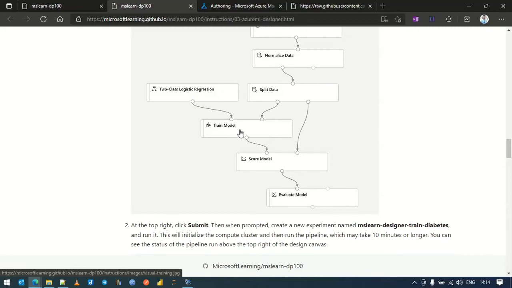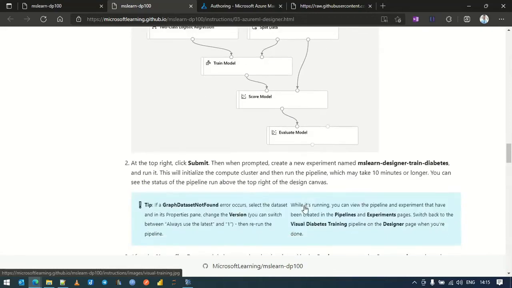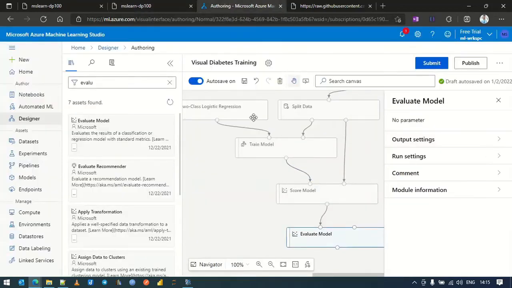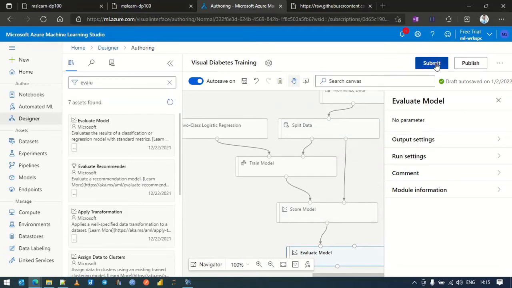Now, once the model is trained, we will be scoring and evaluating the model. So we are using 30% of the data that we have splitted out of 100% to validate the model and then evaluate how the model is performing. Now at the top right, click submit. So this flow design is complete. So I'll just click on submit,